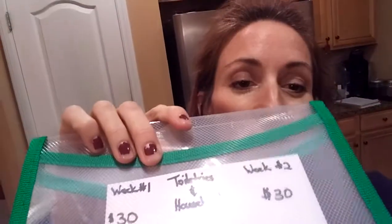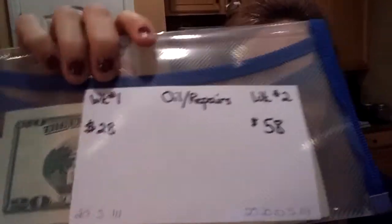We also have toiletries and household, and that covers, it's pretty self-explanatory too, I guess, but the household part usually means cleaning products like laundry detergent and spray like OxyClean, the ingredients to make homemade cleaner, paper towels. I do use washcloths and rags, but occasionally they're all still in the washer, so I like to have paper towels on hand just as an emergency. Okay, oil and repairs for the car,